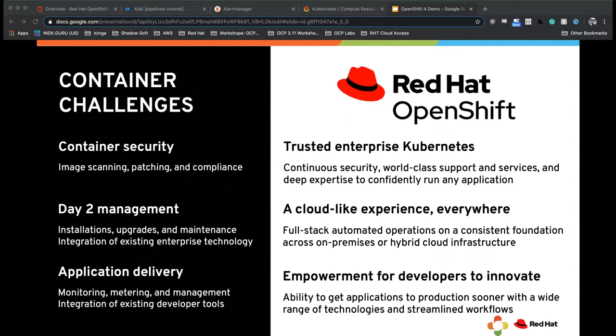And there's a series of challenges that we're facing when we adopt microservices and containers, right? Things like container security, image scanning and patching, as well as various compliance standards we need to meet are all challenges organizations face when adopting container environments. Day two management for operations and administrative personnel, from installations of the actual tools like Kubernetes or OpenShift themselves, upgrades and maintenance, integration of existing enterprise technologies external to your container infrastructure,